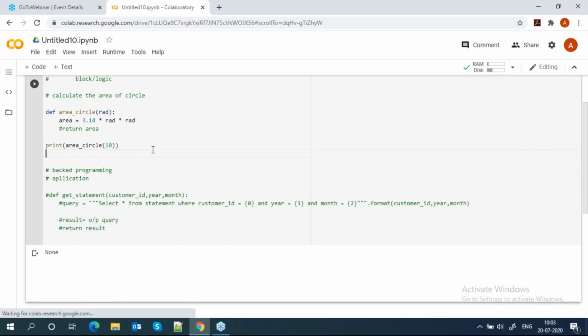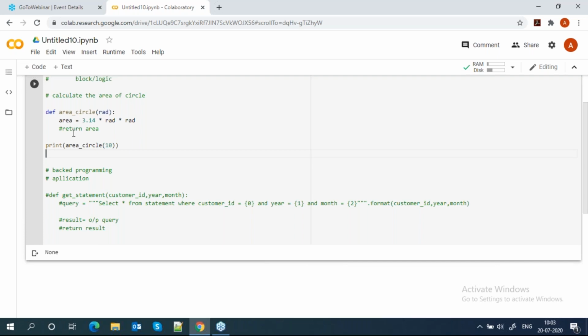You can see that after accessing, it is written None in the area circle. If you don't give a return, your function will return None. It will not return the output, and then there is no use in writing any function. So a function always returns something. If it didn't return any value, then it will return None. Okay.